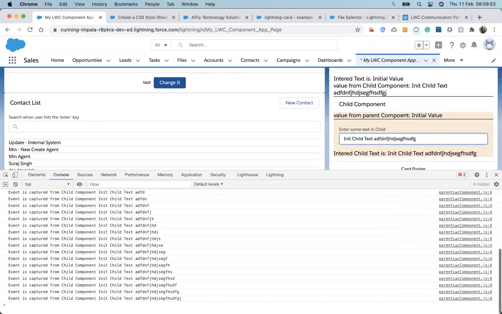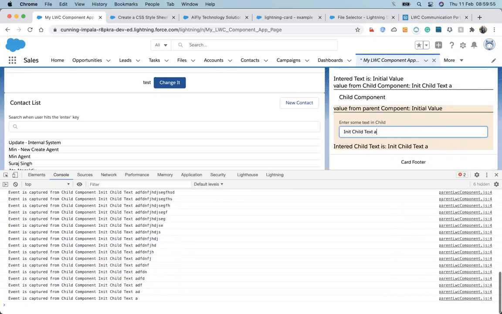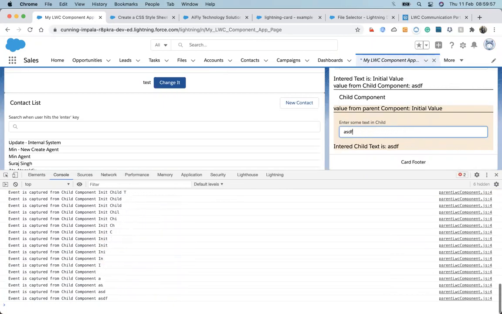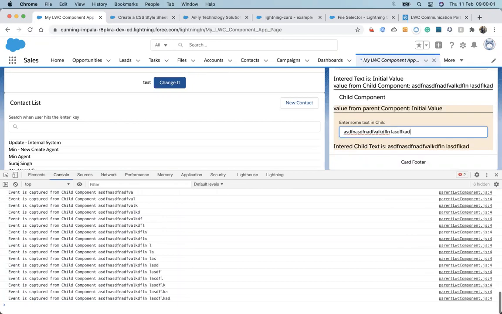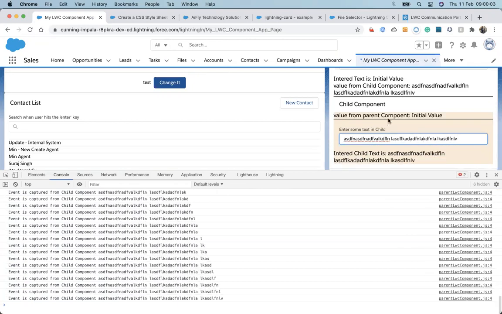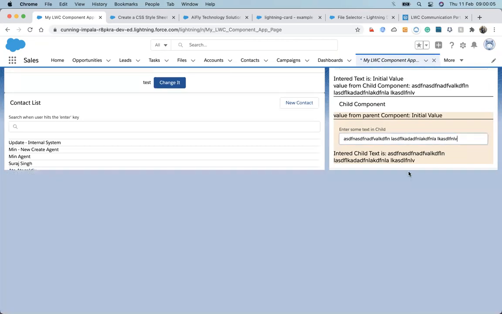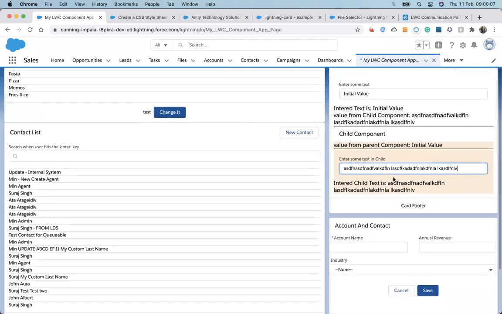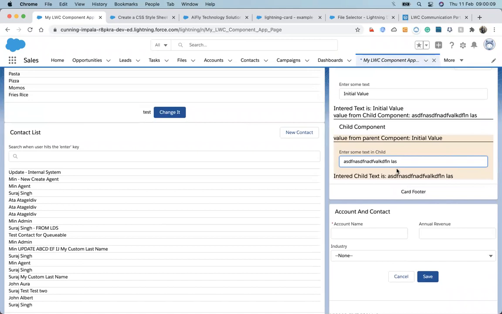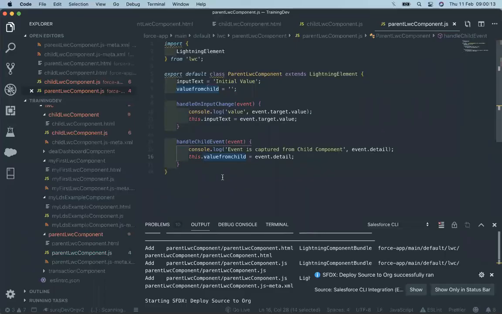Okay. Now, whatever changes I make, it already affects the parent component. So in this way, we are passing the value from child to parent. Whenever we make changes in the child, it also affects the parent component. For that, we have to design the event.